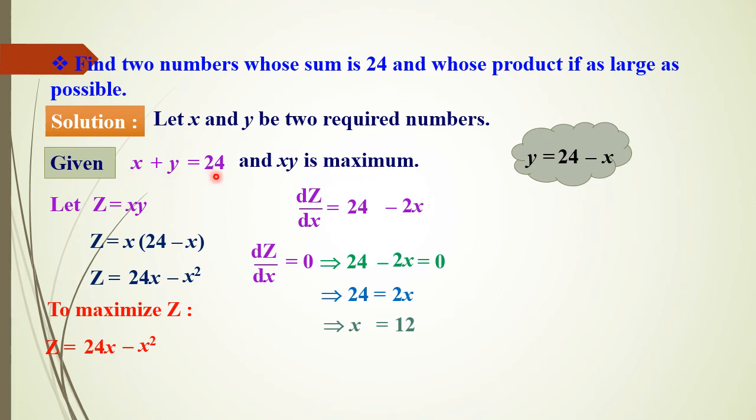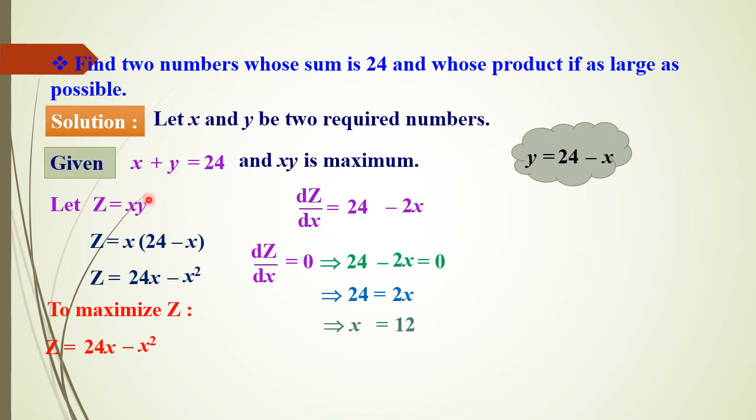So x plus y equal to 24, then z equal to xy, which is maximum; z is called the function. Okay, next, y equal to 24 minus x, it can be written. Therefore x you write as it is, and y is 24 minus x. Otherwise, keep x there, take y to the right hand side, 24 minus y. So x can be replaced by 24 minus y, and y can be written as it is. In this way also you can determine it.